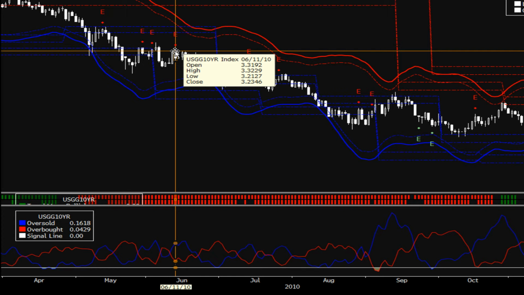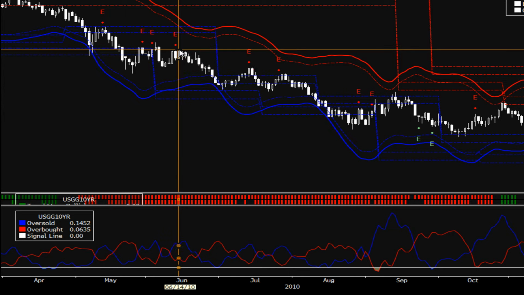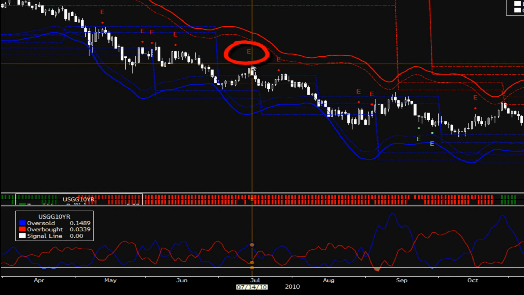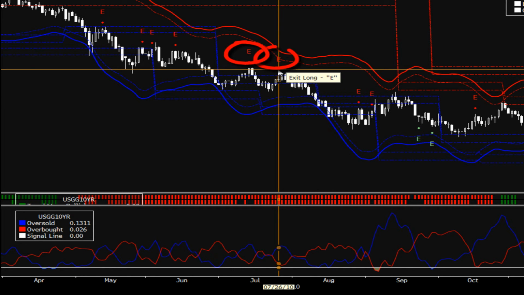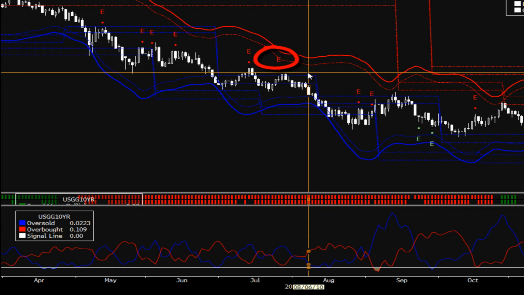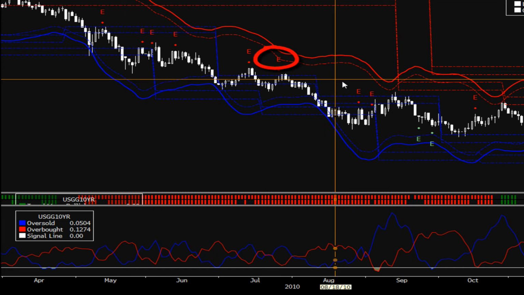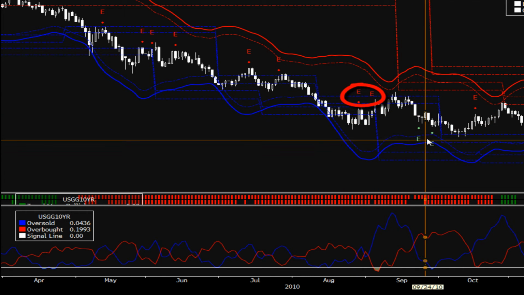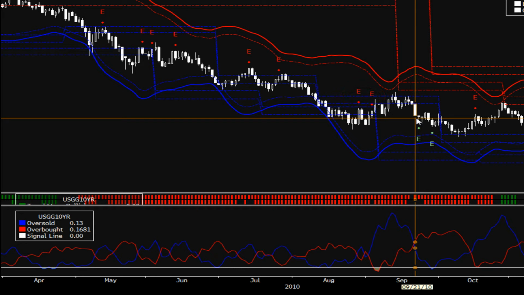If you have multiple time frames lining up with resistance, that's even better, an even higher probability scenario. So far so good. We have plenty of other times that we can add to our position, both here and here. So just before July and mid-July, and then also again in August. And then before we finally get an indication of a weakening of trend here by looking at the trend wave